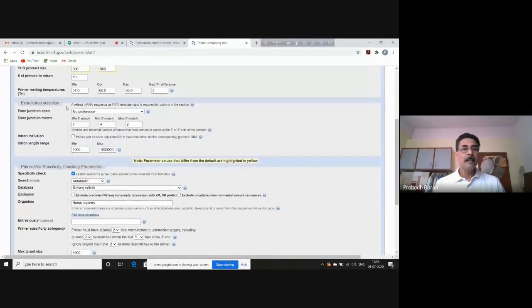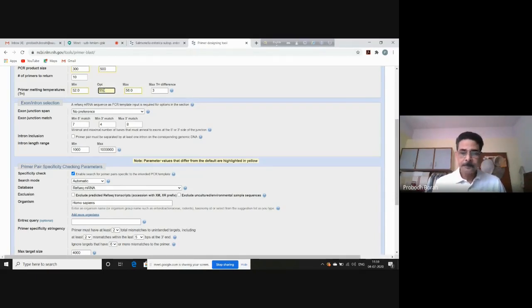Then primer melting temperature. As we discussed earlier, primer melting temperature is a very important property of a good primer. And as I said, the optimal primer melting temperature is between 52 to 58 degrees Celsius. But of course, by default, it is set from 57 to 63. But let us go to our optimal requirement. So I prefer it to be 52 minimum and 58 maximum. But it should never be targeted beyond 63 or 65. Okay. Now we will be taking maximum 58. So if it is minimum 55, maximum 58, the optimum should be in between the two. So let us take it as